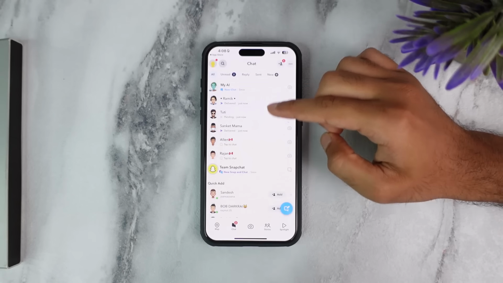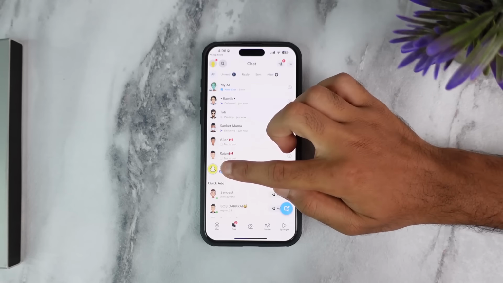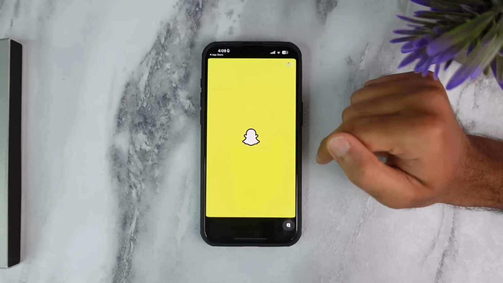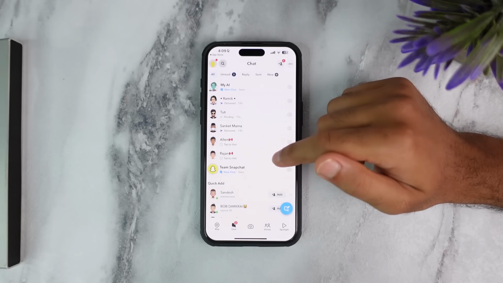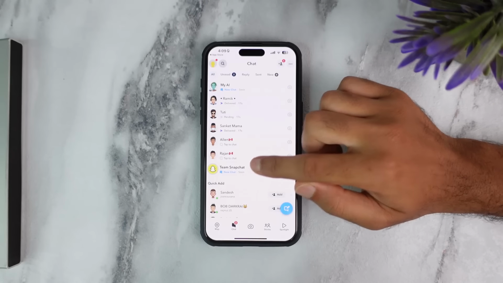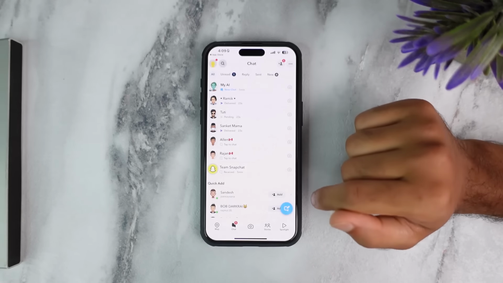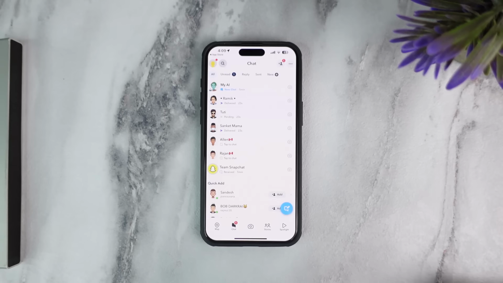Now if your friend sends you a snap, it will simply show up like this over here saying new snap or a new chat. So in order to open the snap, simply tap on it and then you can simply view their snap. And similarly for the chat, you can simply tap on it and then you can open the chat. So that is basically how you send snap, receive snap, and send and receive texts or chats on your